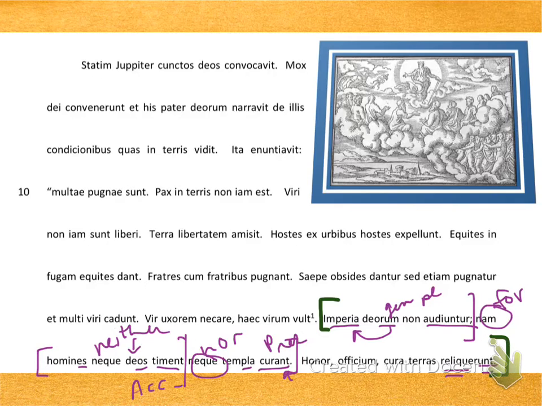And the ending isn't just NT, but ERUNT, which means it is in the perfect tense. You have to leave something behind, which means I need a direct object. I know specifically that terras is in the accusative case, so it is most definitely a direct object. Honor and cura are not even remotely possible chances as direct objects, because neither of them in this form can be in the accusative case. These can, however, both be in the nominative case. That leaves me with officium.